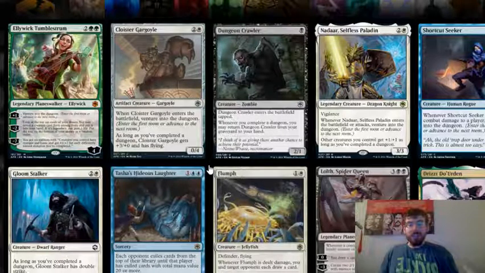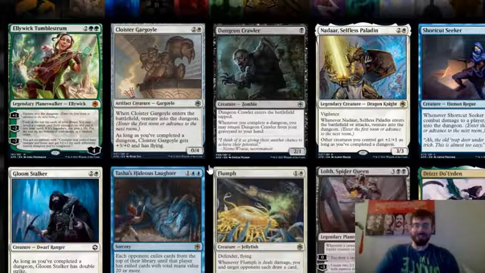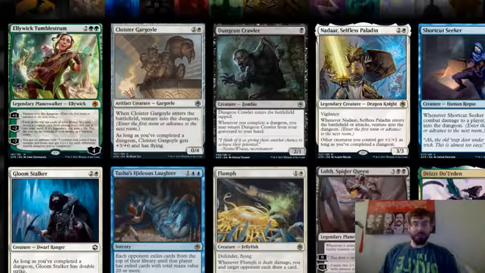Dungeon Crawler is 1 black, 2/1 zombie. Enters the battlefield tapped. Whenever you complete a dungeon, you may return this card from your graveyard to your hand. Not really my taste, because we already have the card for that. That is the exact same thing without this. So I really don't see the actual need. But I mean, who knows? Maybe there is a reason. Then we have